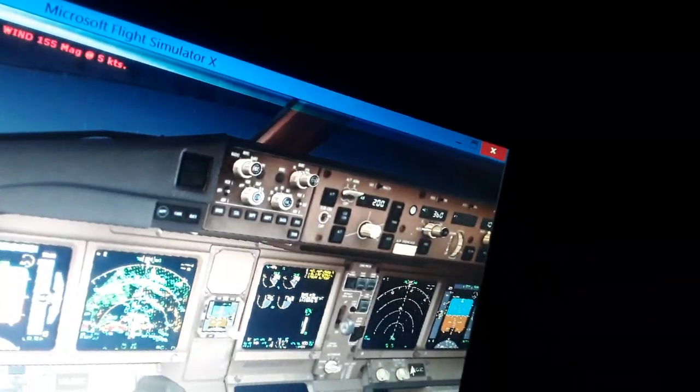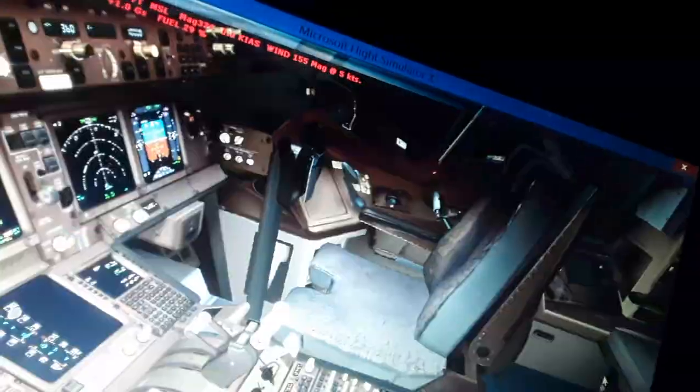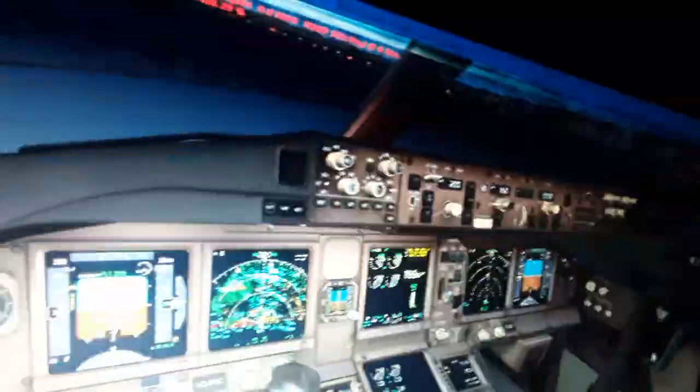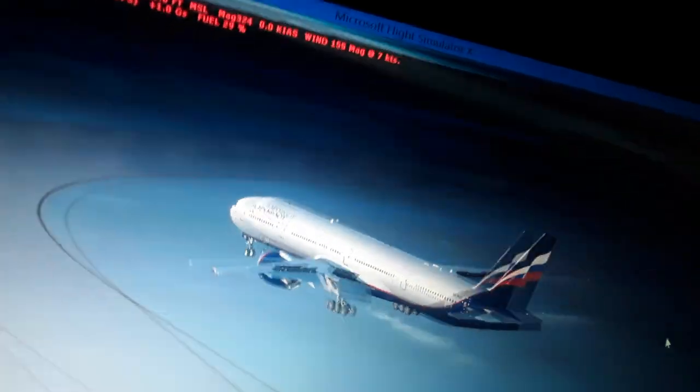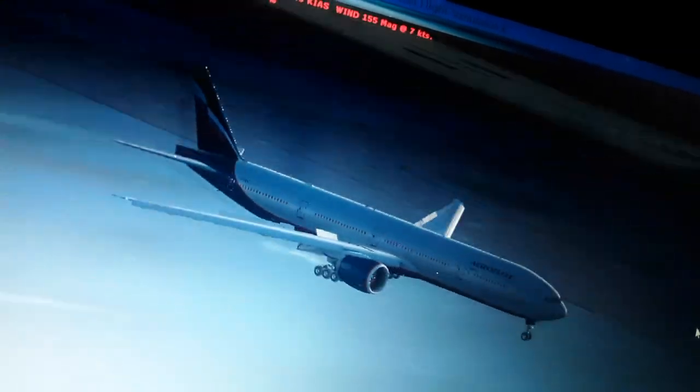So actually we have like 1 hour 7 more minutes, so I have to be very, very fast. You can see the outside view of the Boeing 777, the aircraft, and where we are located. So you can see here we have